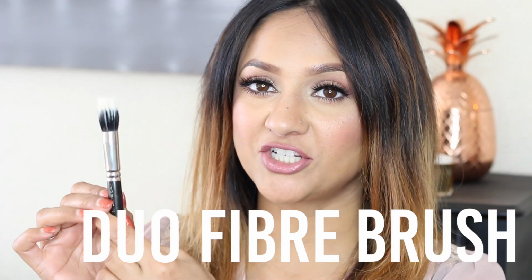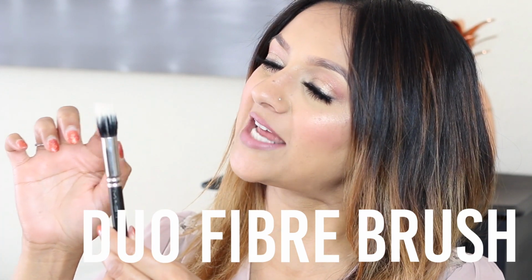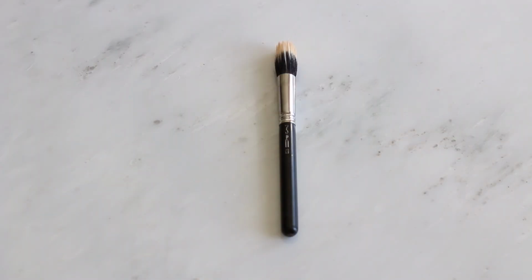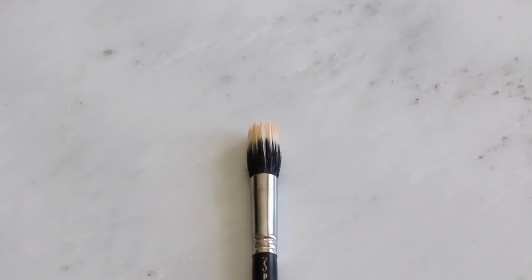Now, if you're looking for a foundation brush that's going to give you a more sheer coverage, you want to opt for something that looks like this. This brush is a Duo Fibre Brush. It has natural hairs at the bottom, and then it has synthetic hairs at the top. The synthetic hairs are not as densely spread out. So when you pick up your product and you apply it, you're going to go in circular motions and buff it in. Basically, you're not going to end up needing too much product, and it's going to buff the product right into your skin and give you a really nice, natural looking